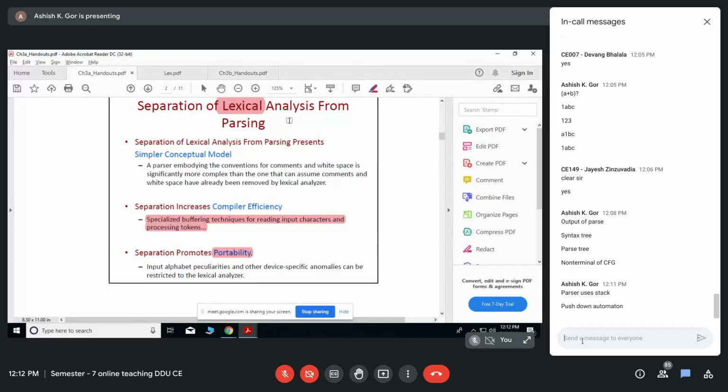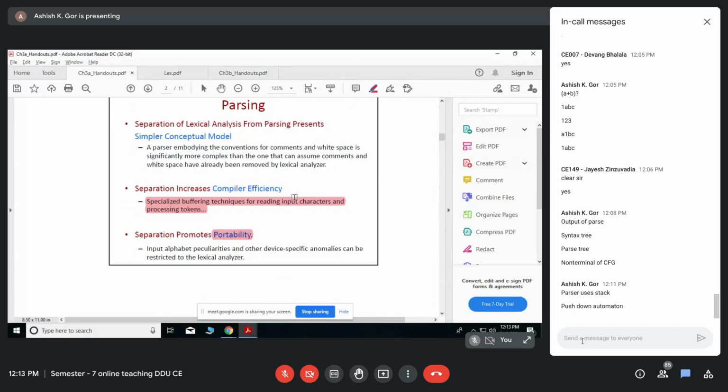The syntax analyzer does not deal with that, which makes its task much simpler. Think about it: if the syntax analyzer also saw device specific anomalies, which are right now the job of the lexical analyzer, the implementation would be quite complicated.